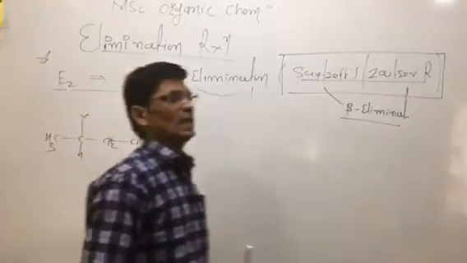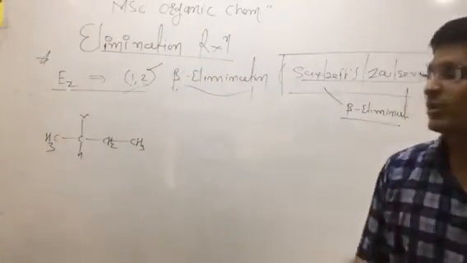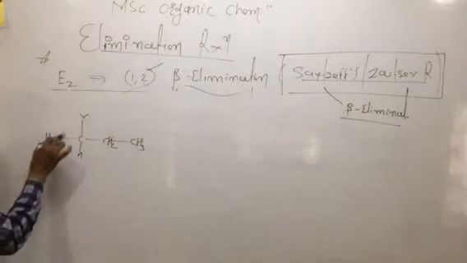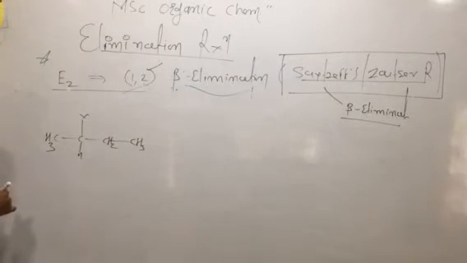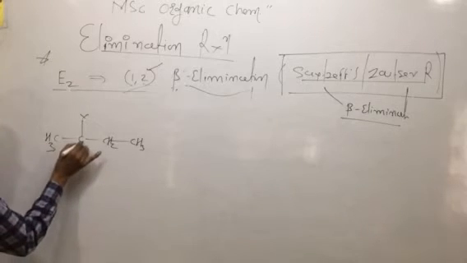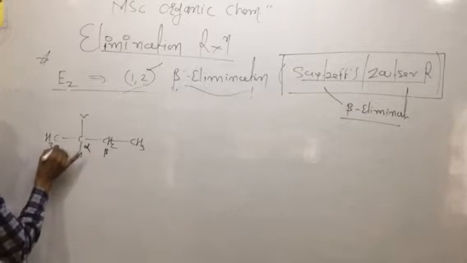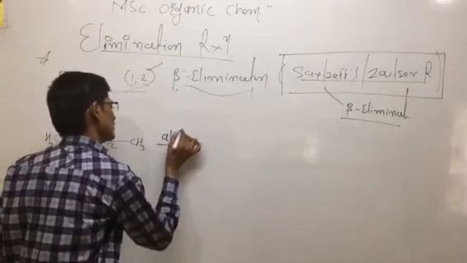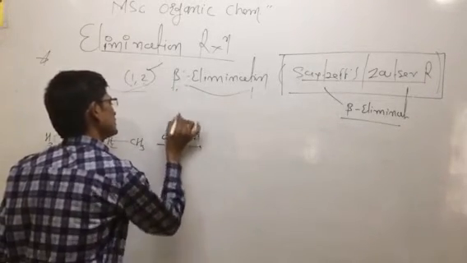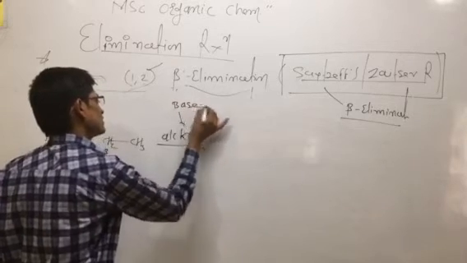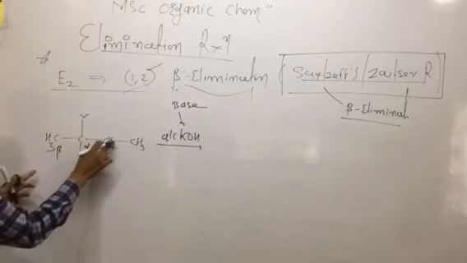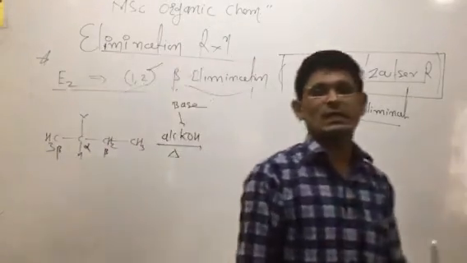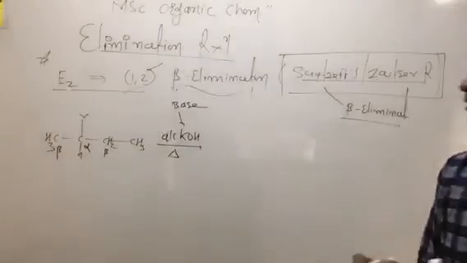This alkyl halide has two types of carbon atoms here, primary and secondary carbon atoms. Look here, this is the alpha carbon and this one is the beta carbon. This is treated with alcoholic base, which acts as a base, basic in nature. So this is alpha and this one is beta. We know this is the alcoholic KOH, basic in nature, having a tendency to accept the proton from the beta carbon atom.